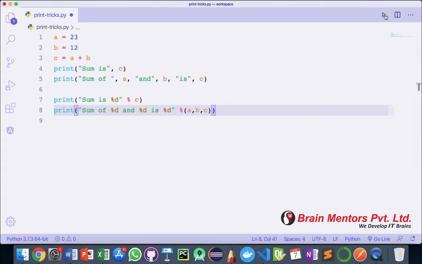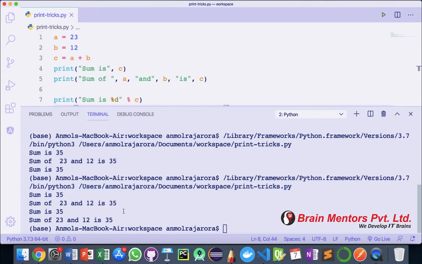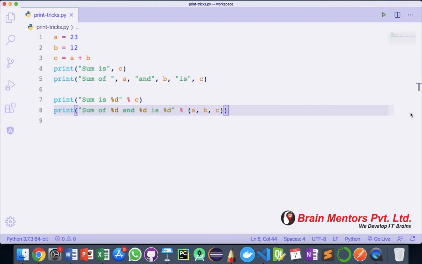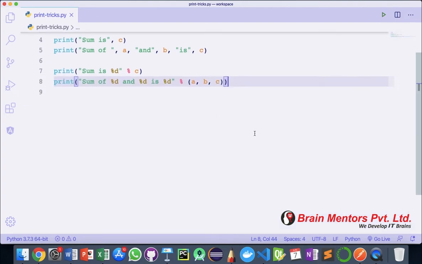Okay, let's test it out also. So it's also giving out the same result. Okay, so we are through with two different syntaxes. Let's look at another one that has been introduced by Python itself, and it's a much easier syntax as compared to both of these syntaxes.